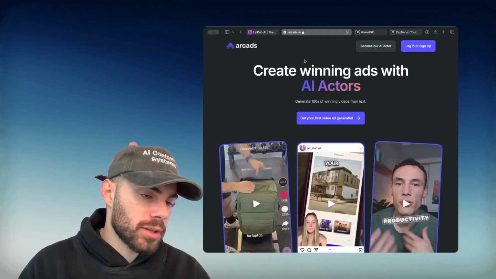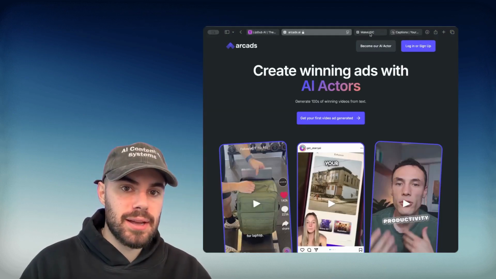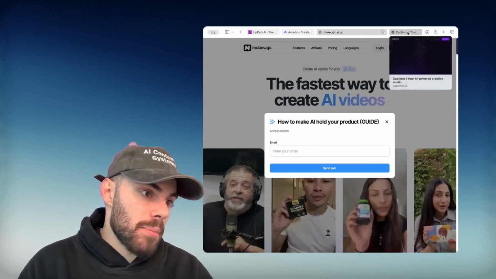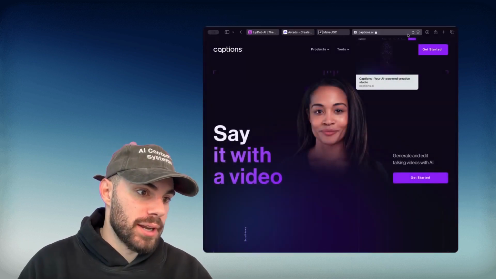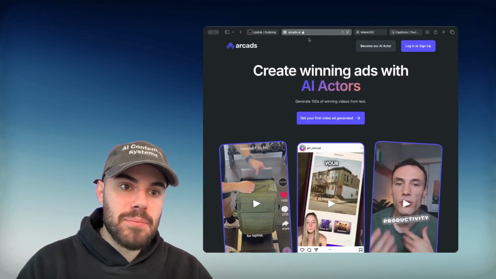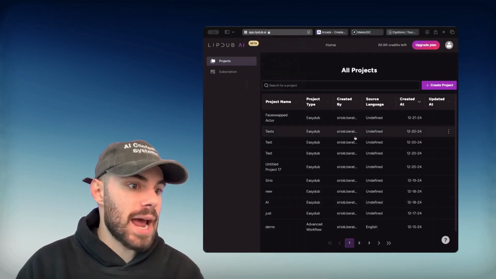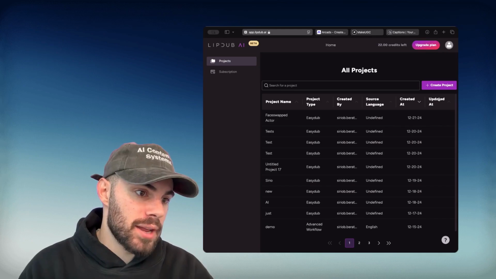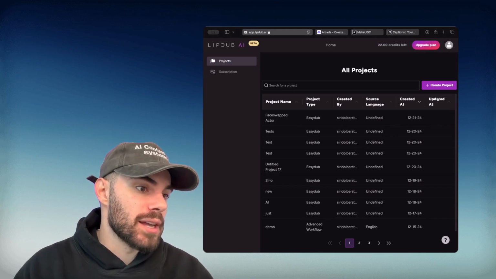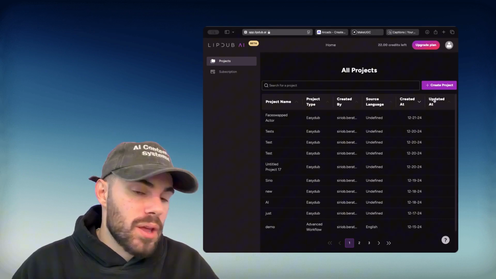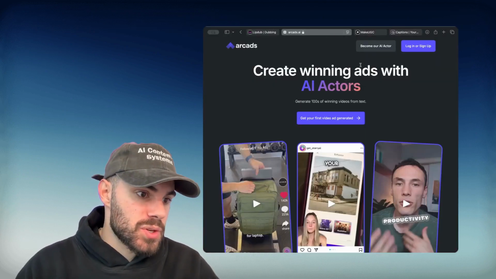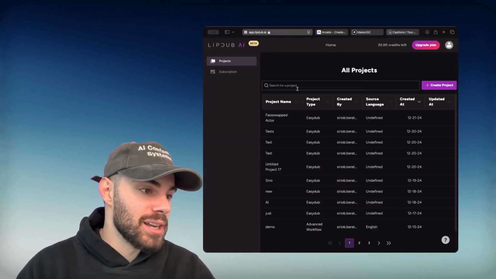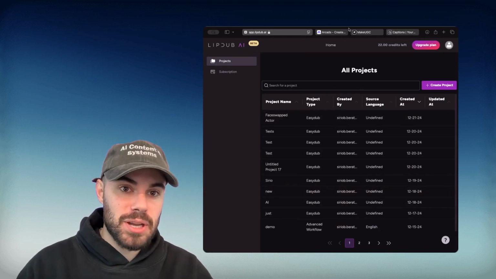The best high quality marketplaces right now where you can find licensed AI real actors are Arcads and Make UGC. While there's another app called Captions that provides you access to cheaper, low fidelity AI actors. How it works is that Arcads and Make UGC train their actors on LibDub exactly like we did, literally the exact same workflow. And they use LibDub's API in their SaaS to generate the video of the AI lip syncing in their own platform. So the money that you're paying for these tools for the subscription is actually that $8 per video that you are spending to generate lip syncing in LibDub through this course and through the LibDub platform, right?